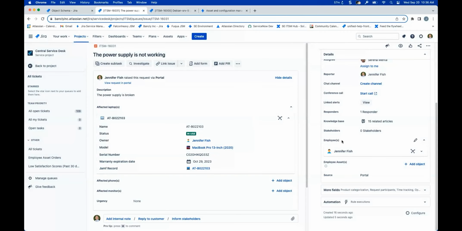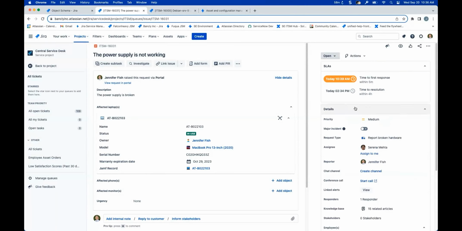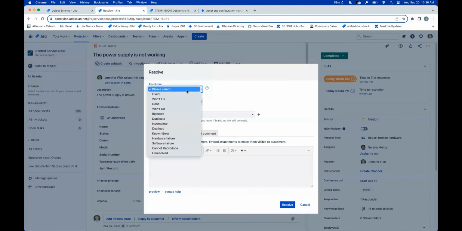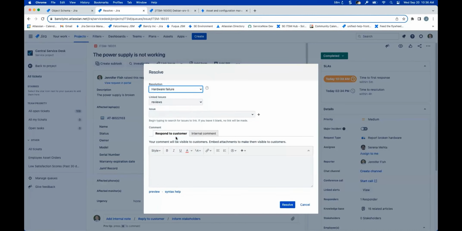From that, I can say this thing is currently damaged, so I think I need to get a new laptop, which I'm pretty excited about. So I'm going to resolve this, and the resolution I'm going to select is that we have a hardware failure. We'll get you a new device. That'll be great.